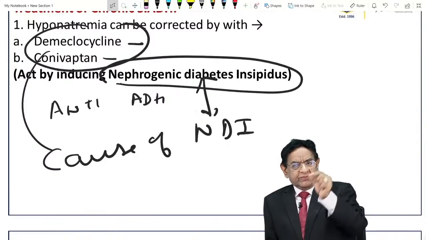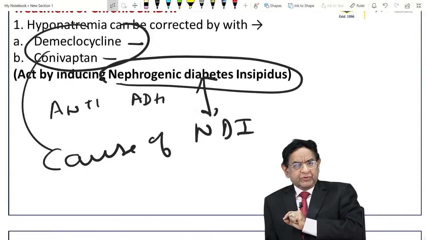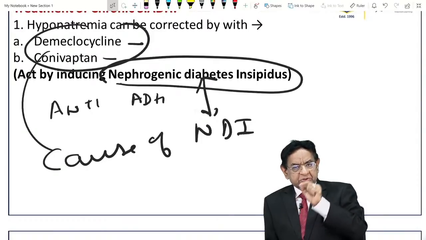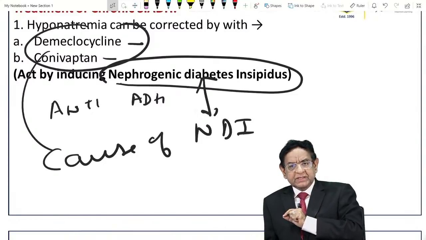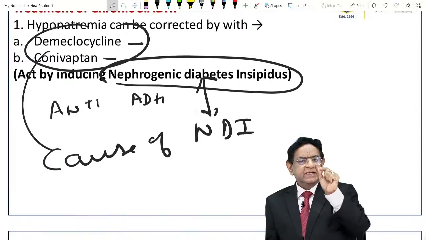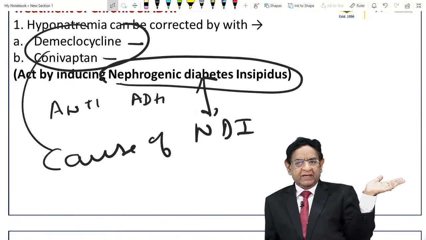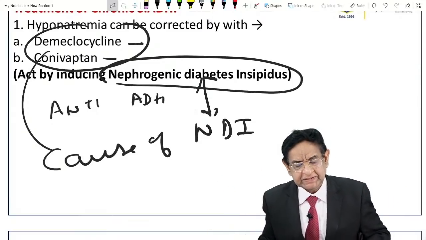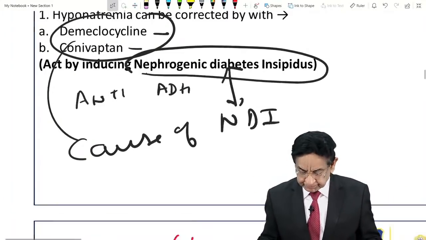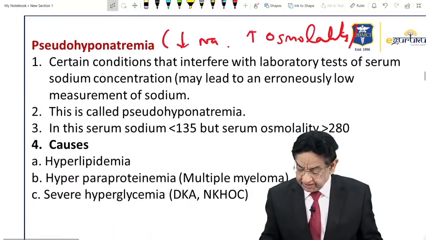Treatment: what is the first line treatment? Restrict fluid. What will you give in emergency? 3% saline. What will you give in a routine OPD case, fatigue malaise? Demeclocycline or conivaptan. That's all. This is the whole SIADH in the best simplified way. With this background, now we move on to